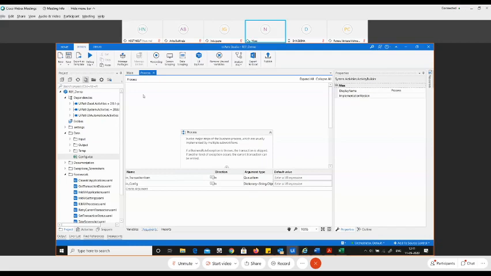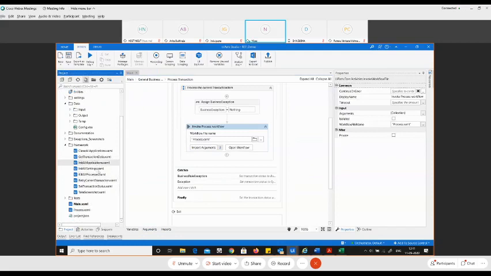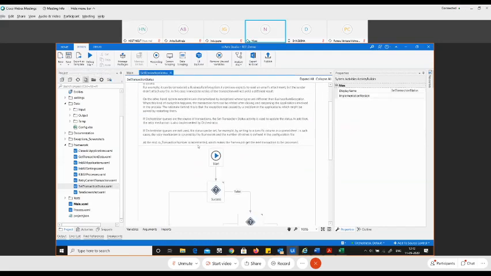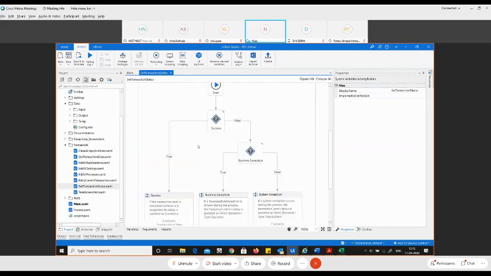Okay. Now let us talk about some of the other files that you can use from here. The first file that we are going to use here is the set transaction status. Let me open this workflow. Now this set transaction status is responsible to set the status of your transaction item.